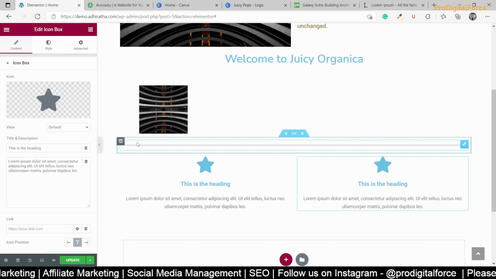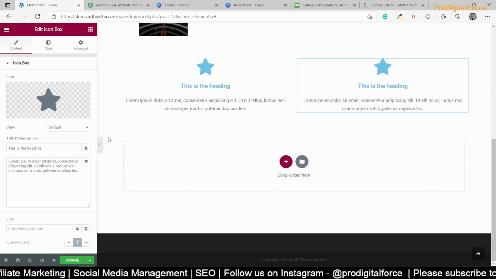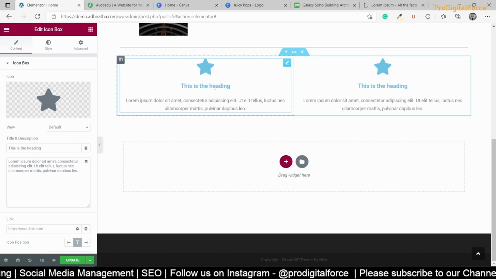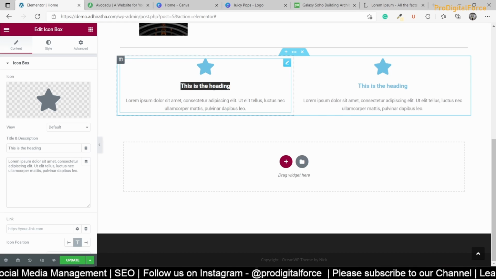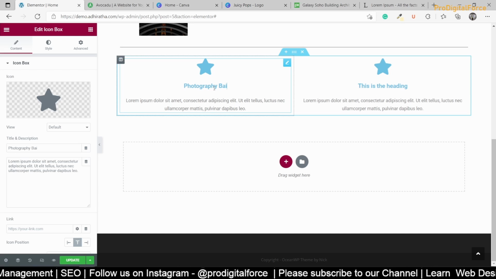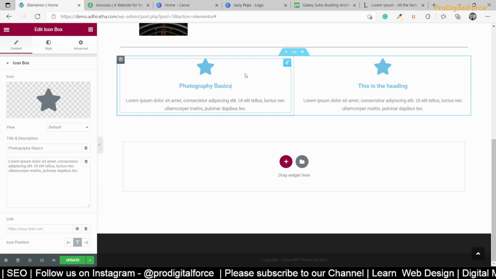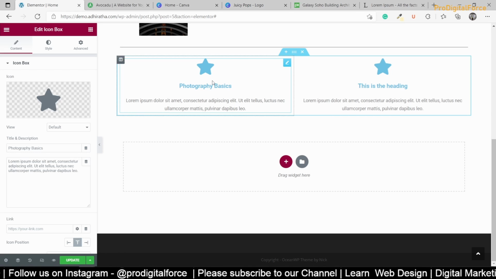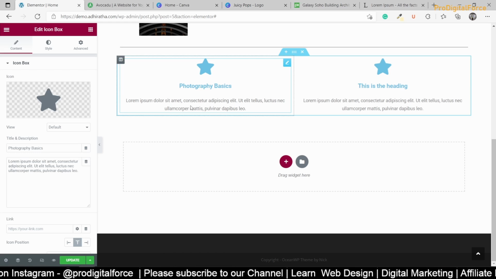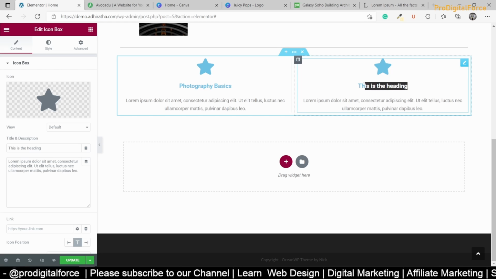So this is how you can actually explore this Elementor section. What all features are there? What all things can we actually do? So maybe you're teaching some subject, right? So from the point of view of photography basics, you can explore how you want. So photography basics you want to teach, so maybe you can write about that. Maybe here you're talking about something like this.